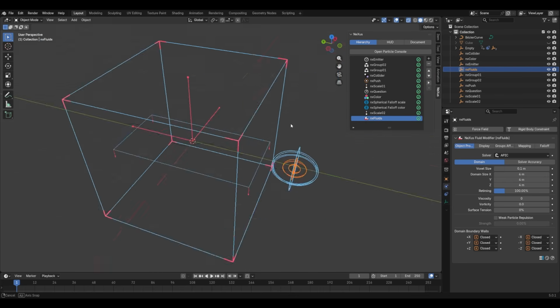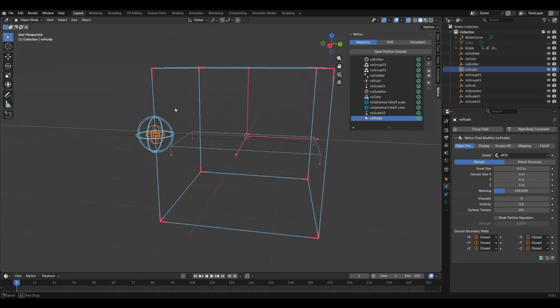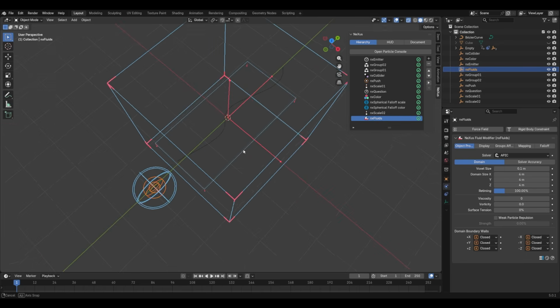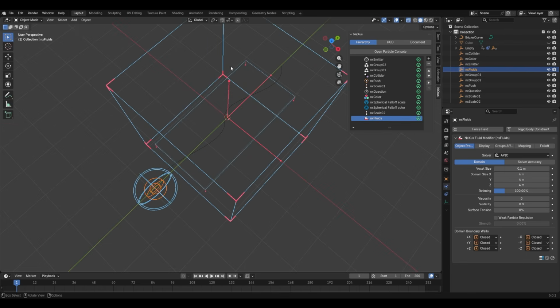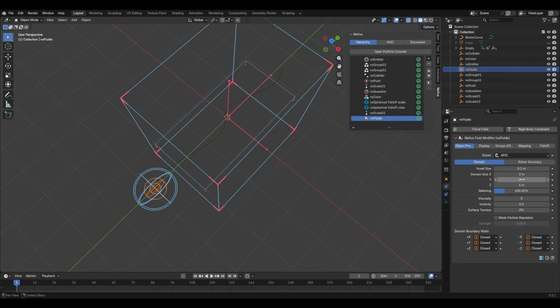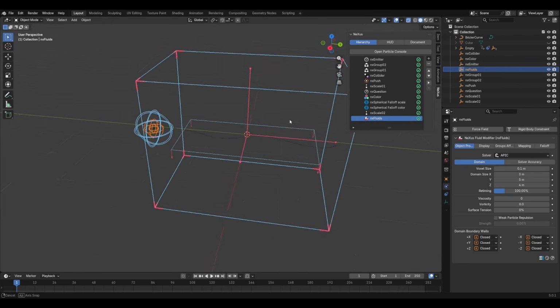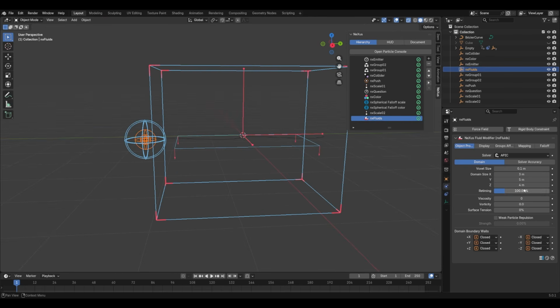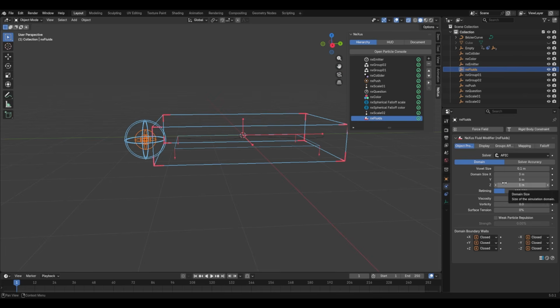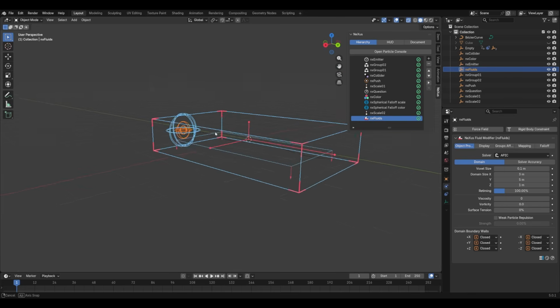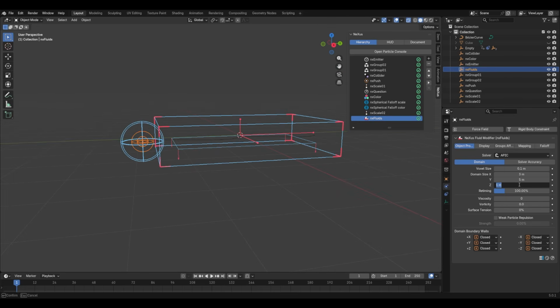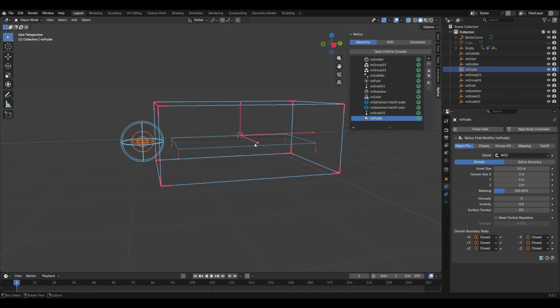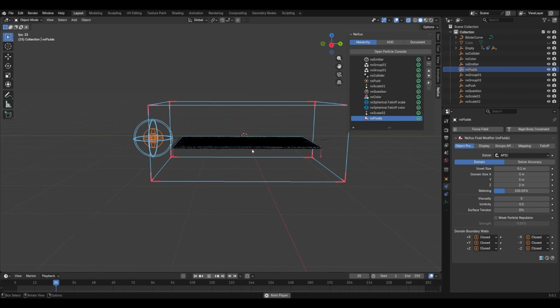So I have this domain that limits the world where my liquid is going to simulate. I'm going to set the bounds around my emitter, so I can set it roughly around 3 by 5 by 1. It should be enough for my simulation. Can even set it to 2 if I want to be sure. And if I simulate,